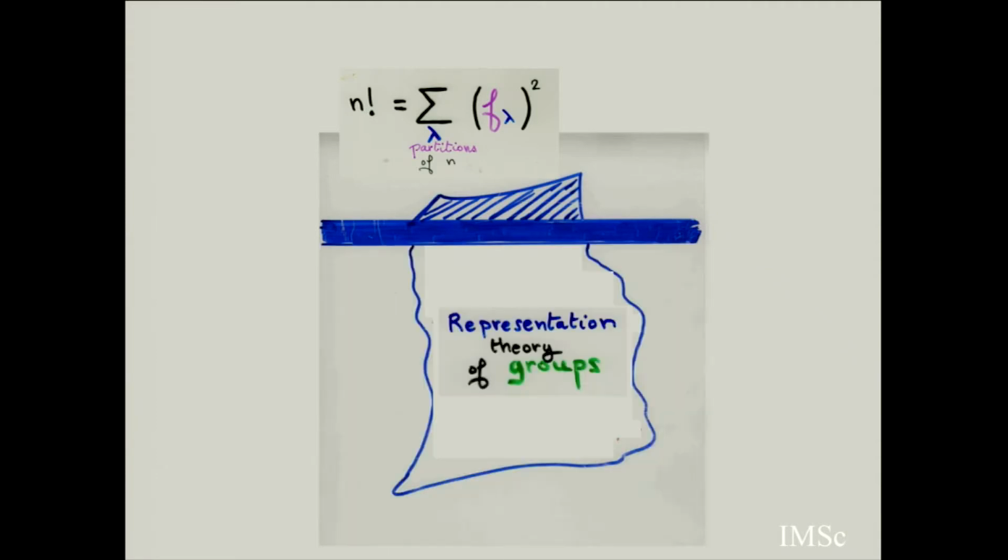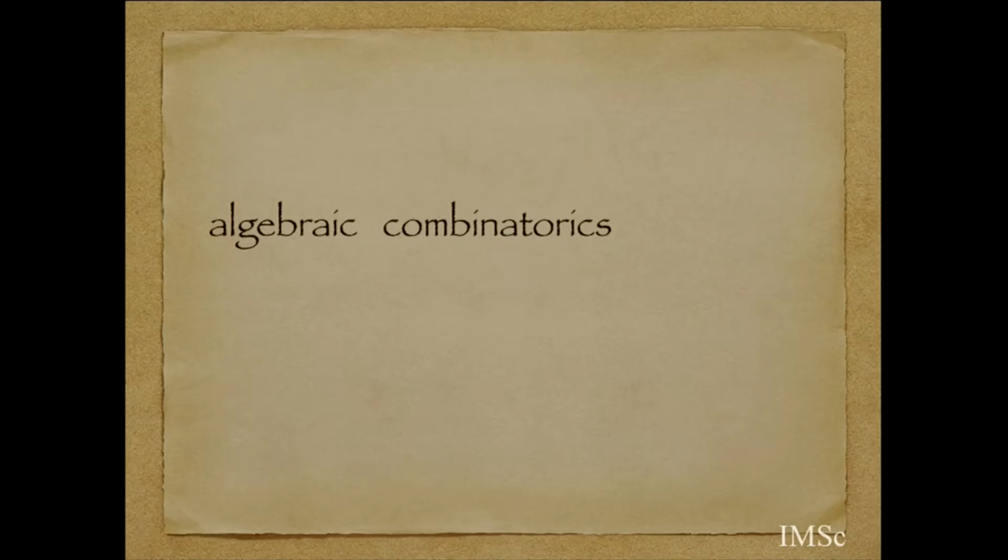Usually one possible proof of this identity reveals that it is the visible part of the iceberg. Below, there is some deep mathematics, deep but very classical mathematics: the representation of finite groups. If you know representation of finite groups, this is where algebraic combinatorics comes in. It relates visible objects like Young tableaux, simple objects of enumerative combinatorics, to deep algebraic features.